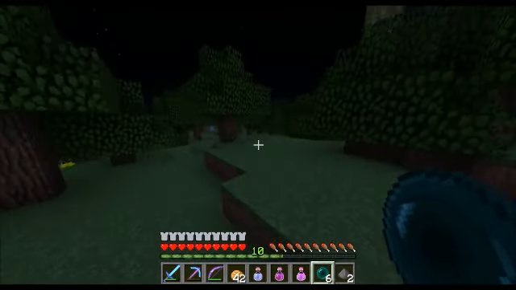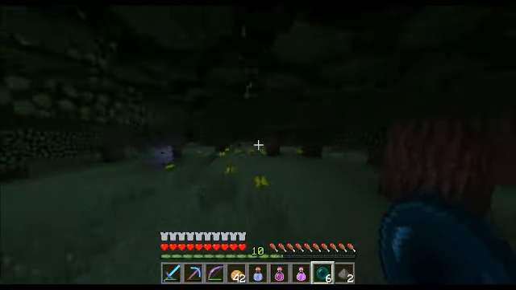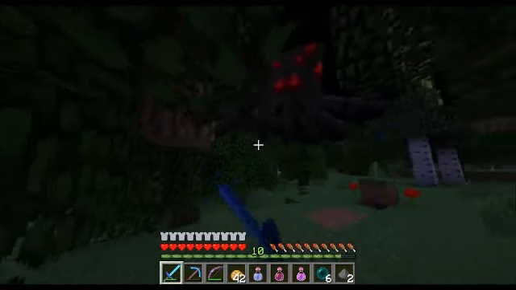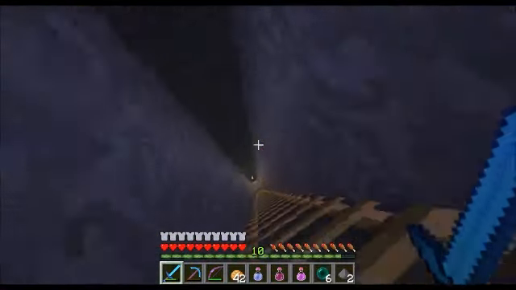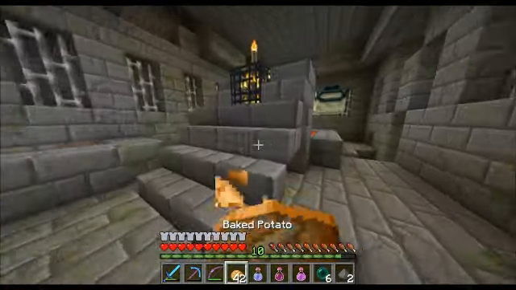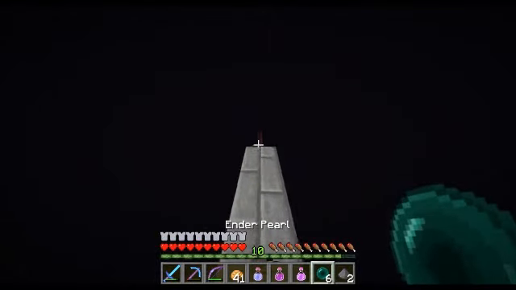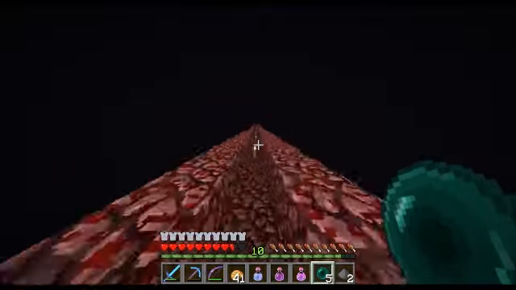the entrance to the stronghold is here. So you drop down here, and then you go into the end, and then this still needs work on. Ender pearl down there, run down here,